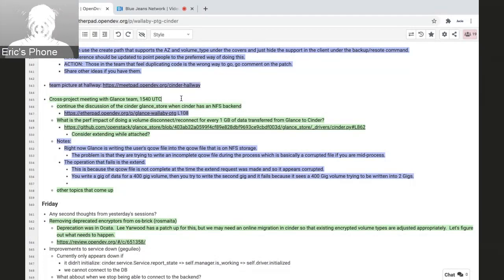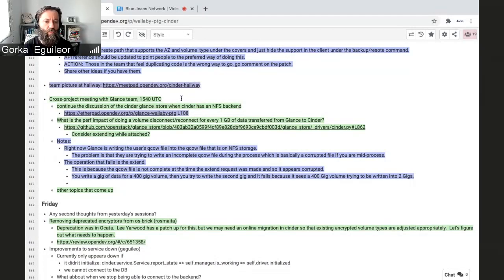So I think there are two different things. The case Eric was mentioning is when it's raw volume, in which case Glance can store whatever they want in there directly. There is no container, so it's fine. I was under the impression yesterday that this was also happening when the file that was requested of Cinder was a QCOW image, which is a different use case. Because if you request Cinder a QCOW2 file and you just write the stuff in there, we get to the situation you were mentioning.